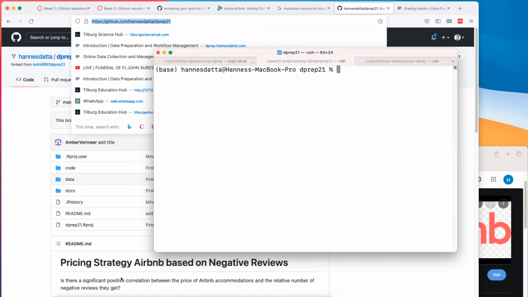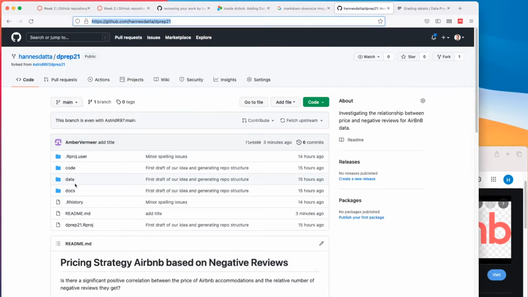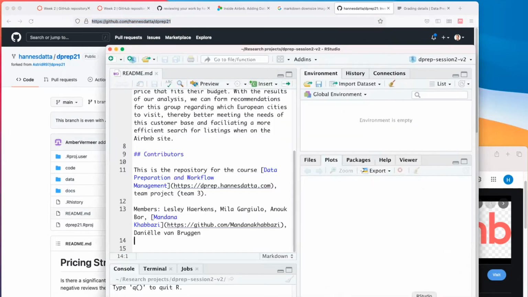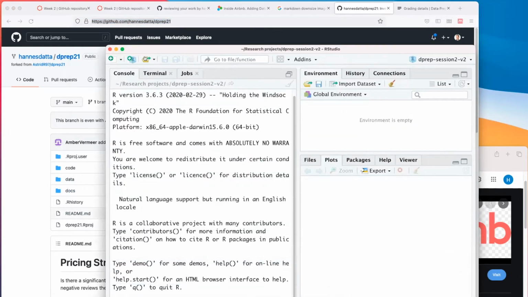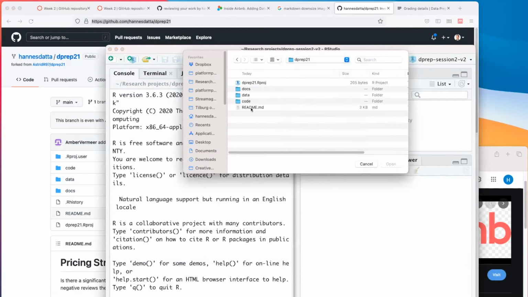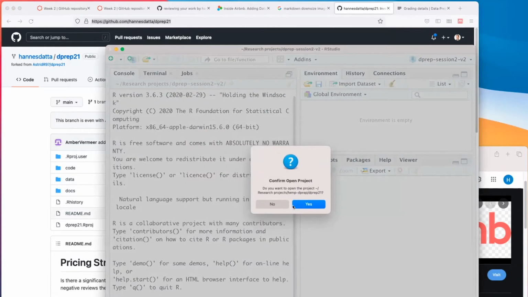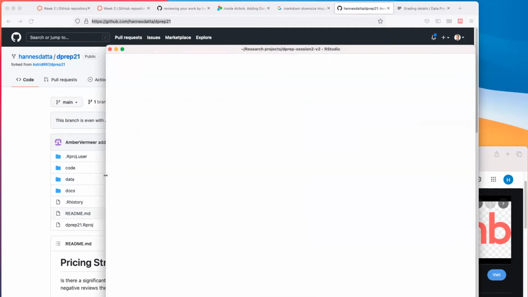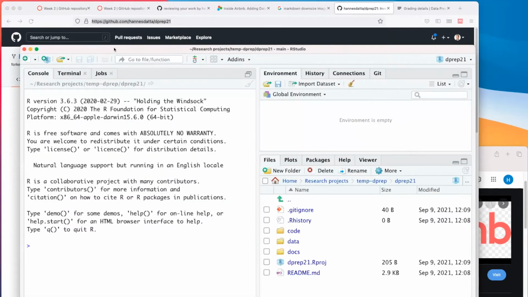So let me see what we got here. And I'll open your project in R, because the nice thing that you've done is you've created this little project thing. So let me go to dPrep, and there's a project which I can open. Confirm open this project, yes. So immediately I get immersed into your project.